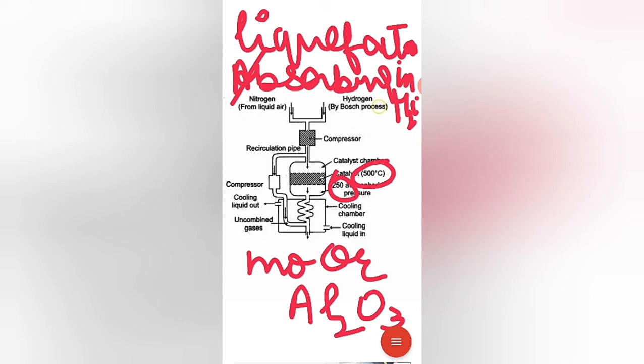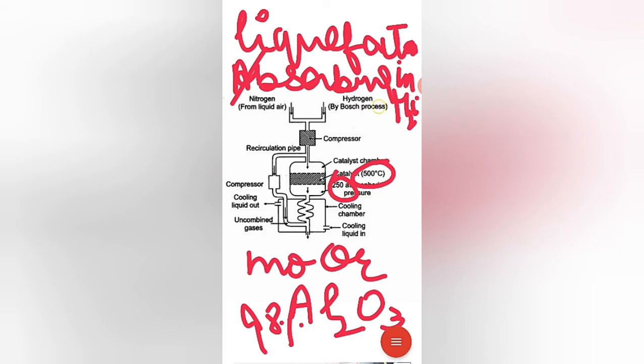The unchanged nitrogen and hydrogen that is left is recirculated through the plant to get more ammonia. So this eventually yields 98%, and more can be achieved. The ammonia produced is stored as liquid under pressure. This condenser contains nearly 15% ammonia, and the mixture is passed through the cooling pipes of the condenser.